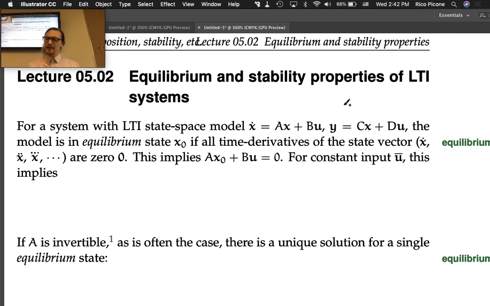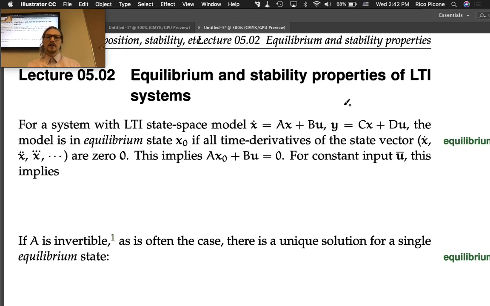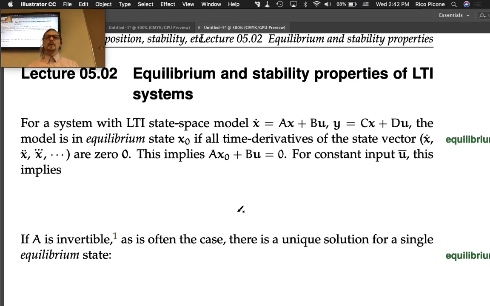So we learned last semester how to construct these objects. The model is in equilibrium state x naught if all time derivatives of the state vector, so the first time derivative, second, third, etc., are the zero vector. This implies that Ax naught plus Bu is equal to 0, because x dot equals Ax plus Bu. For constant input u bar, this implies we have Ax naught on the left-hand side,